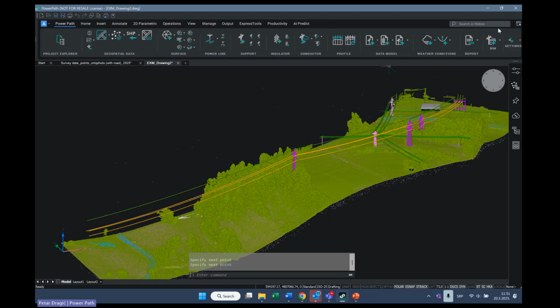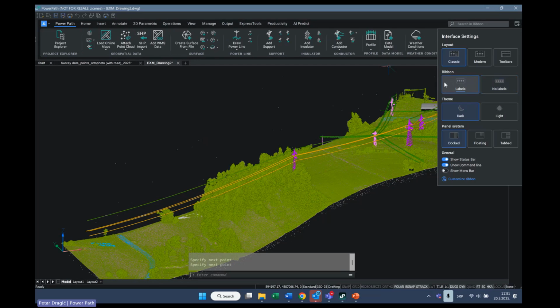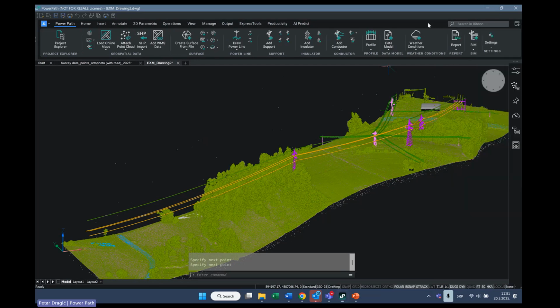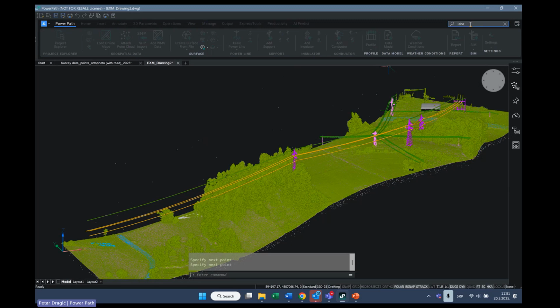And then what I want to show you more here is the labels. Okay. Also here is the search command. We think it is also a useful command. For example, if you want to search for some command which you don't know where it is on the ribbon, for example, the command for labeling, like surface label.